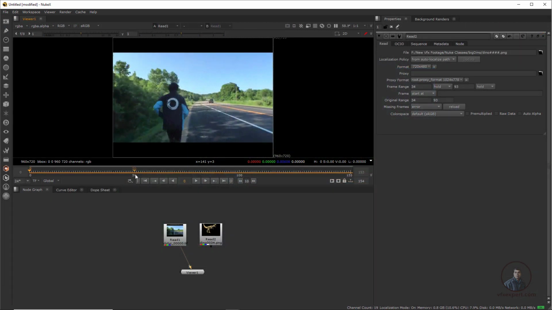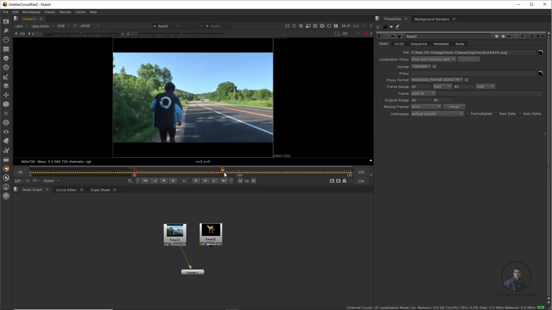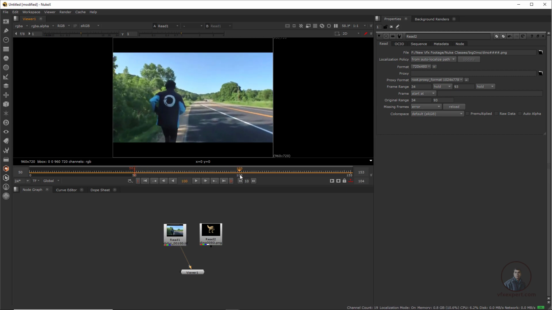Suppose you want to play your video inside a certain range, maybe frames 50 to 100 only. Then place your CTI at frame 50 and simply click on I, which means in point. After this, place it at frame 100 and simply click on O here.